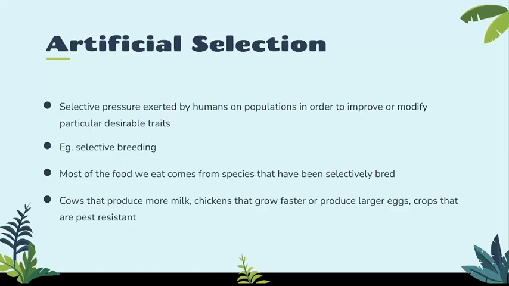And obviously we gotta talk about tomatoes. Tomatoes aren't that big. Tomatoes are really small actually, but we breed them so that now they're so big, and well, they cost more, so the farmers make more money. So cows that produce more milk, chickens that grow faster or produce more eggs, crops that are pest resistant, and